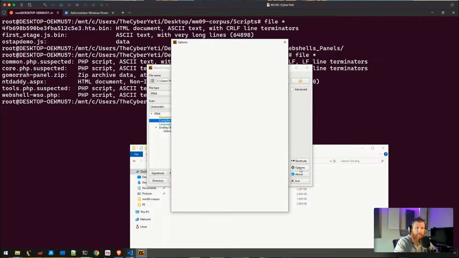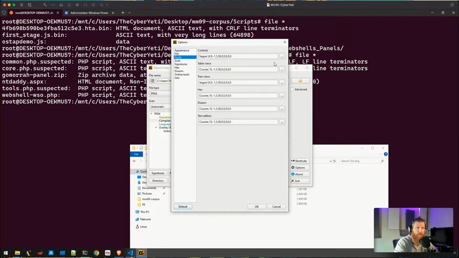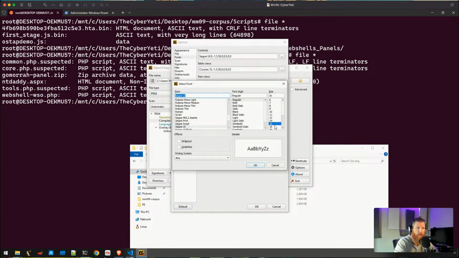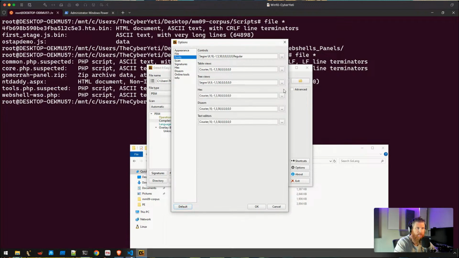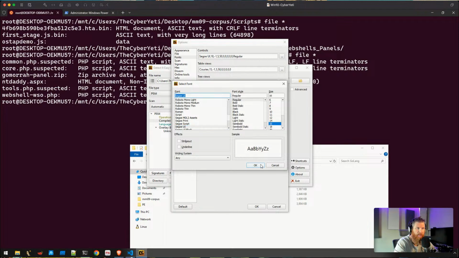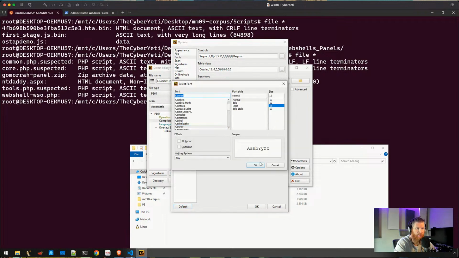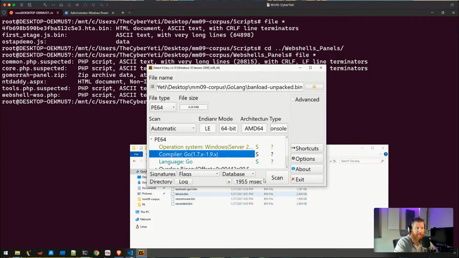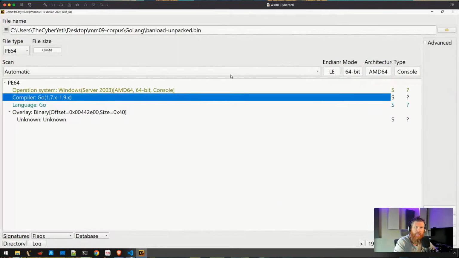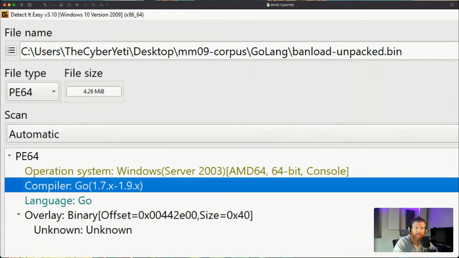Now I will go into the options and we'll update the fonts. As you can see, it looks a little bit different in here. It's a little bit more granular as well. For the sake of completeness here, I'll bump up all the fonts. Sorry about doing this live here. I swapped VMs at the last minute, and there we go. Okay, so here you can see Detect It Easy, latest version now, 3.10. You can see that up in the title bar here. I think that's probably the easiest place to recognize that.